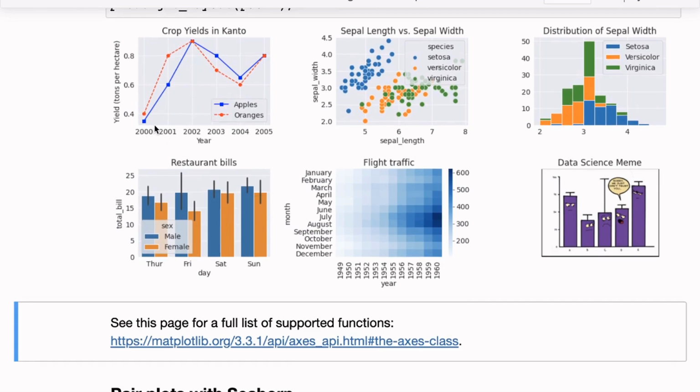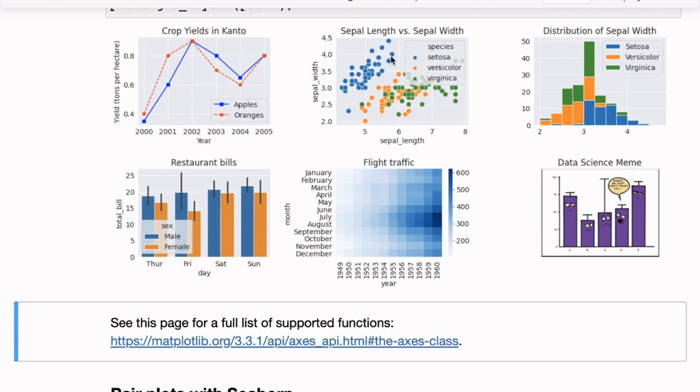So first we looked at a line graph. We saw how to use the plt.plot function to draw a line graph. And then we saw that you can add an x-axis by including a bunch of values for the x-axis and a bunch of values for the y-axis. Then you can also add labels for the x and y axis using plt.xlabel and ylabel. You can also add a title to the chart using plt.title. And then you can add markers. You can add a legend, and then you can modify the style of the markers and the lines using various arguments to plt.plot. So all those also apply to the axis.plot function.